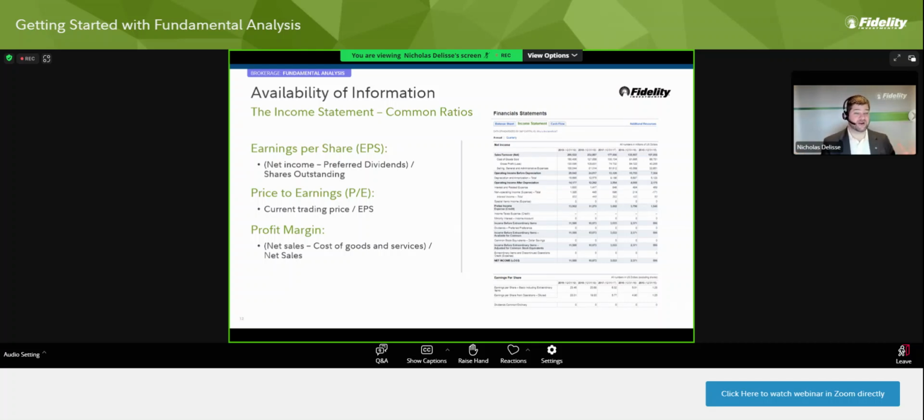Well, if a company that makes $10 a share is trading at $1,000 a share, well, that's a 100 PE ratio. Price 1,000 divided by earnings of 10, 100. Well, what if you're a company that's making $1 a share, but the stock's trading at $50? Now this has a ratio of 50 to 1.